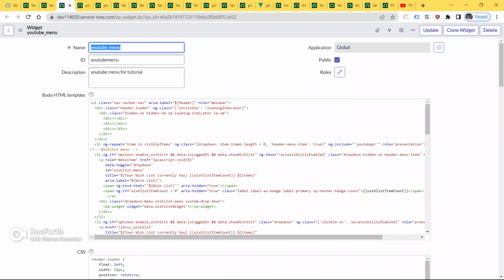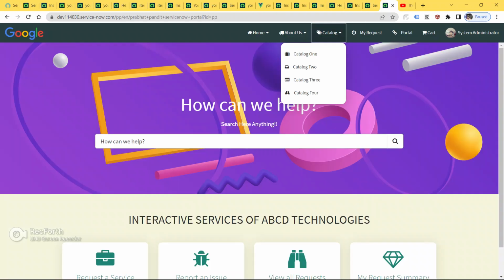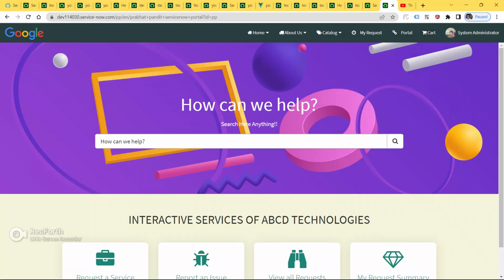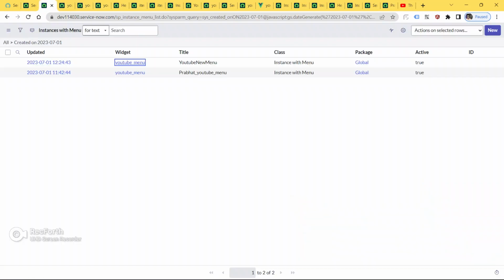Let me check why. Okay, guys, we have to put anything inside our cart. Okay, then only we will be able to see. So then only we will be able to see, guys.